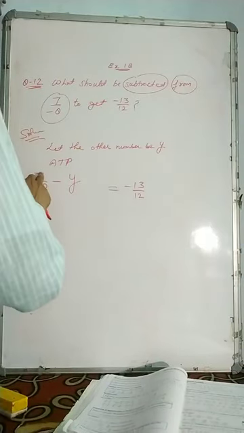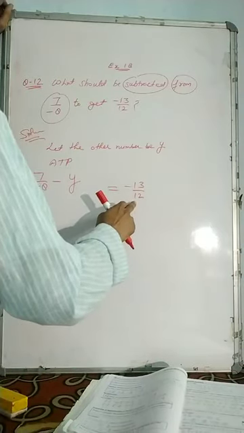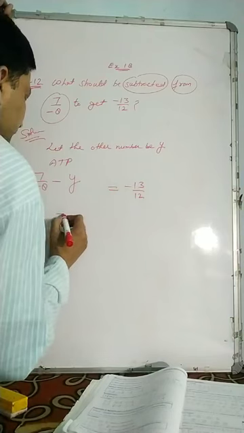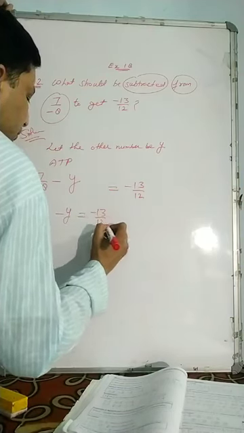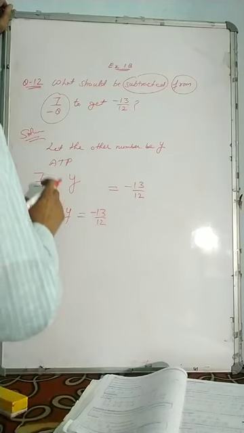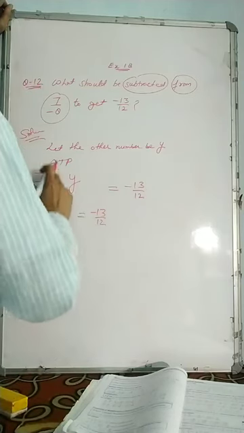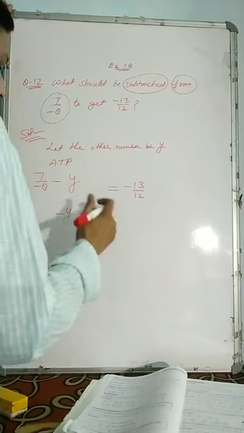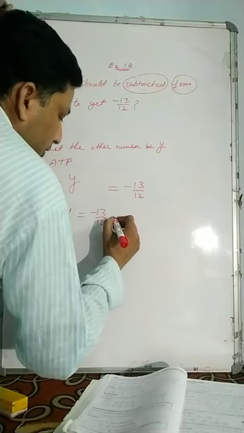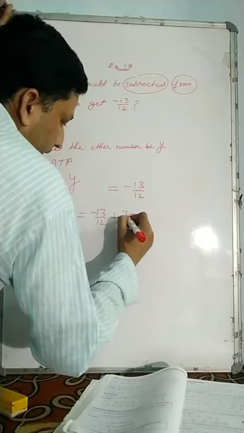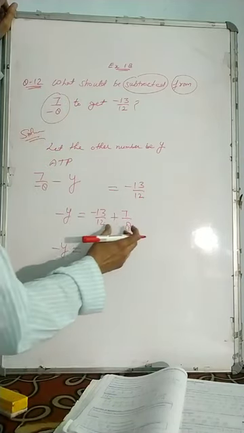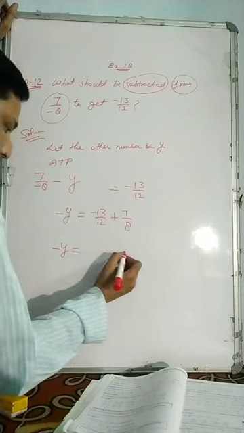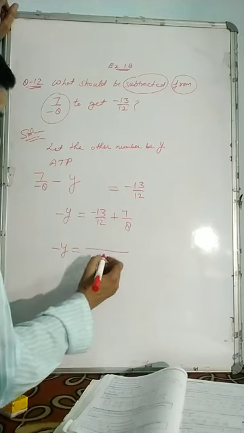You can see 7 upon minus 8 and minus 13 upon 12 are like terms, so we will transpose this 7 upon minus 8 to the right hand side. It is a negative rational number, and after transposing it will convert into a positive rational number. So here we will write plus 7 upon 8. Now you can see they have different denominators, so we will take the LCM, that is